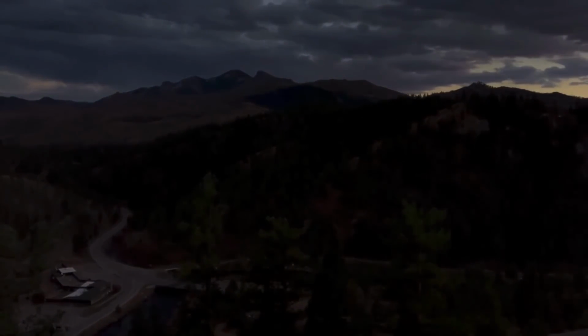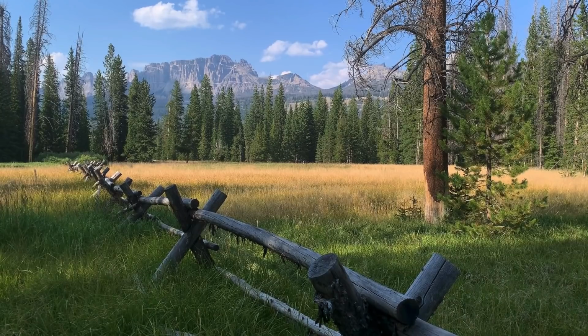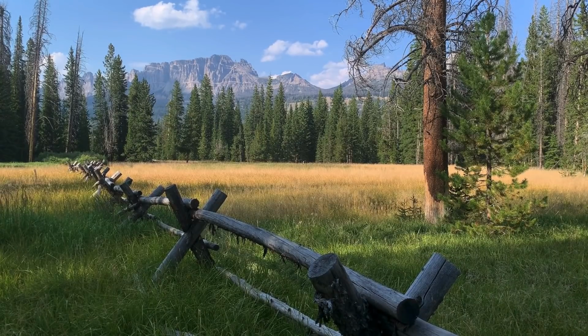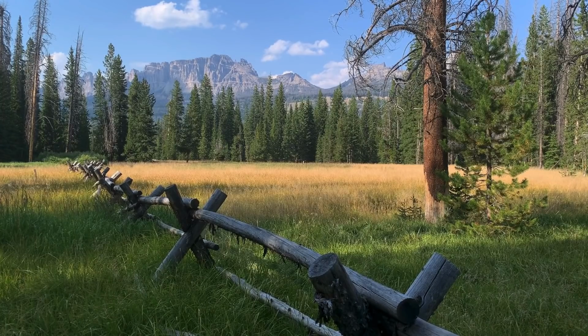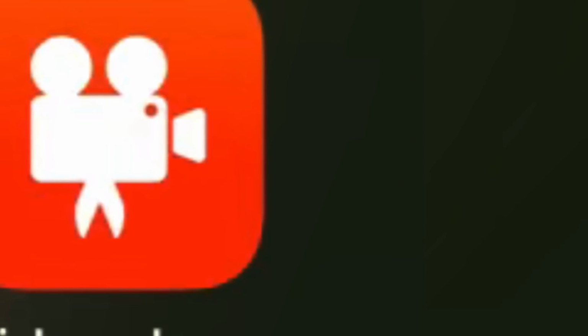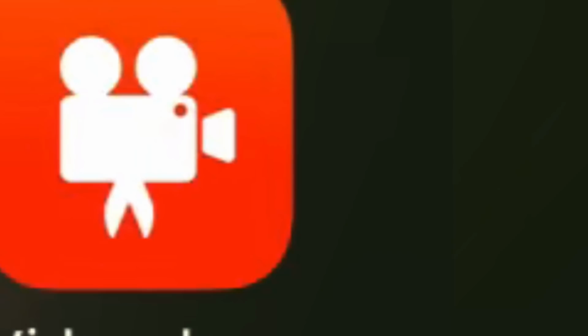Now, I go back the way that I came, and the process of editing begins. I edit my videos in an app on my phone called Video Shop Editor. I believe there is a free version that leaves a watermark, but